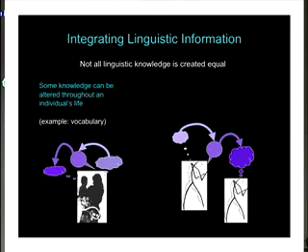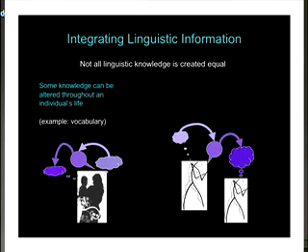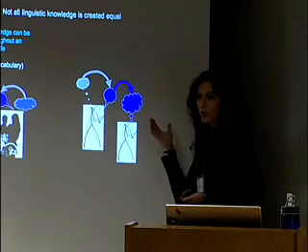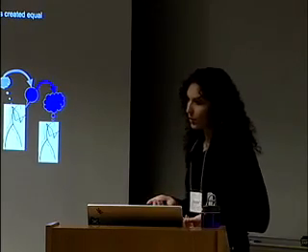Something I want to mention, at least in my understanding of linguistic information, is that not all linguistic knowledge is created equal when it comes to how it's integrated into an individual's knowledge. The idea I'm working with is that some knowledge can be altered throughout an individual's life. A really good example of this is vocabulary or lexicon, where you, as a young speaker, are picking up your vocabulary initially, right? But you can also pick up vocabulary items and change your lexicon throughout your lifetime. So this is not really constrained to any particular time period within an individual's life.